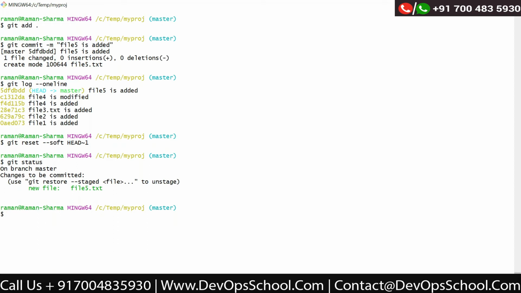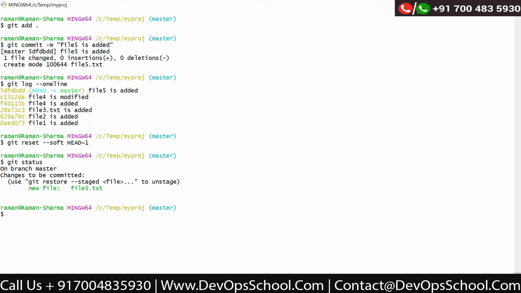So in that case, you already committed it by mistake, then you can uncommit it and put it into the stage area. Okay, it's just kind of a revert back of the previous commit.